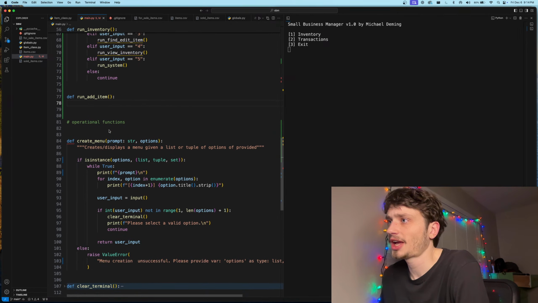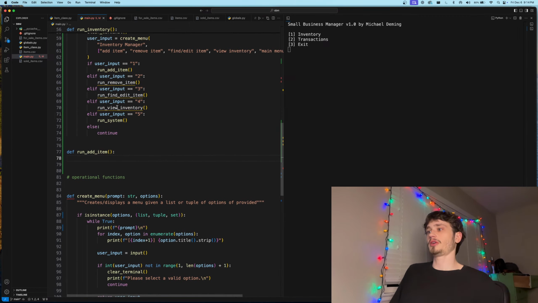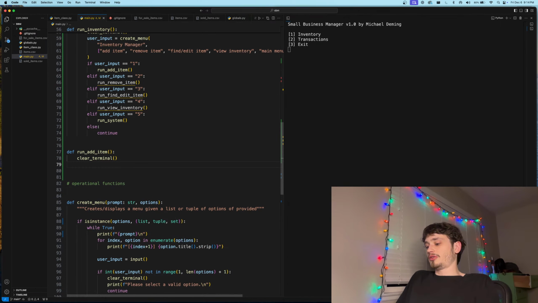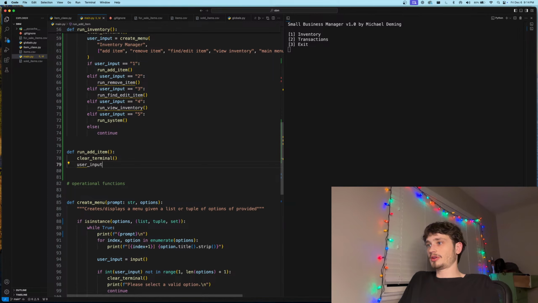Okay. So we have run add item here. In here we're going to clear the terminal, right? We're going to have user input equal to create menu, and give it a prompt of